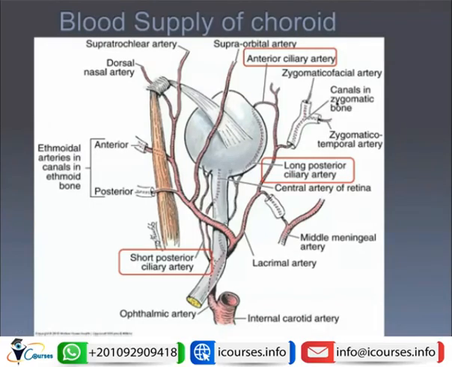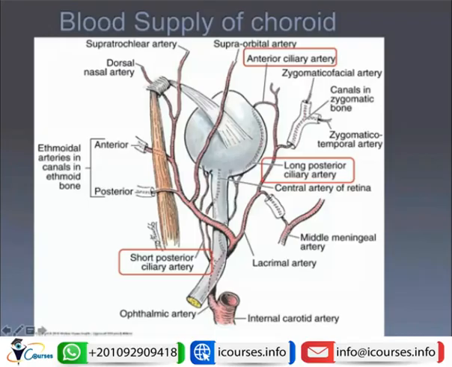So where does the blood supply of the choroid come from? The blood supply of the choroid comes mainly from the long ciliary arteries. So as we said, the choroid is the vascular layer of the eye. So it will be supplying most of the ocular structures. So posteriorly they will supply the retina, through branches from the short posterior ciliary arteries and long posterior ciliary arteries. So we said that the short posterior ciliary arteries will pass through a short space into the suprachoroidal